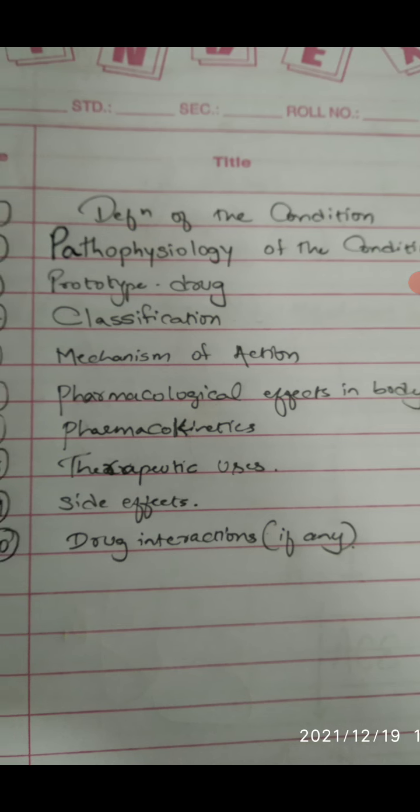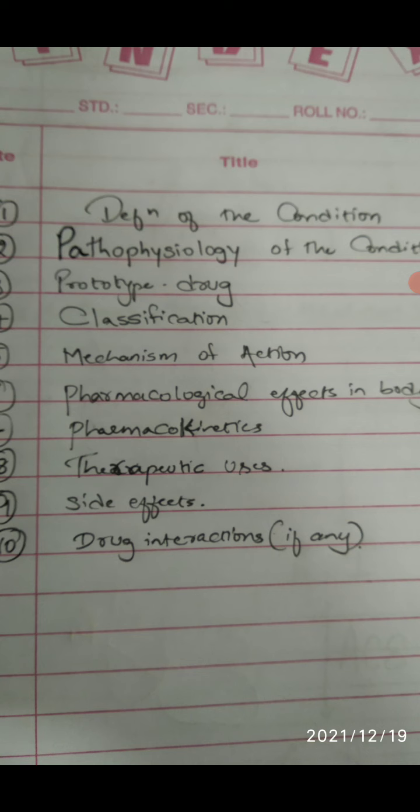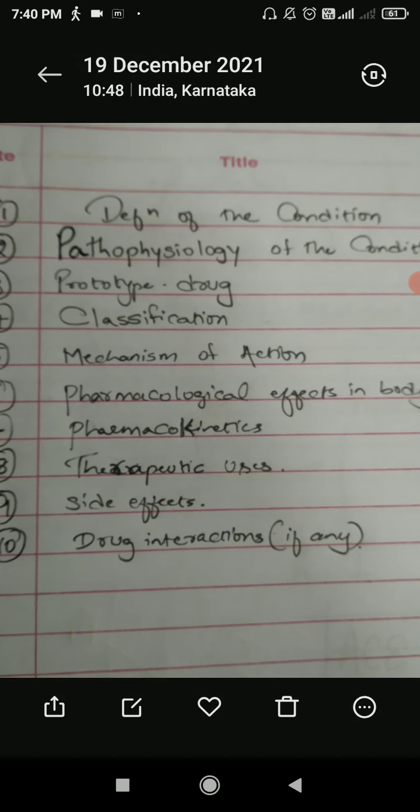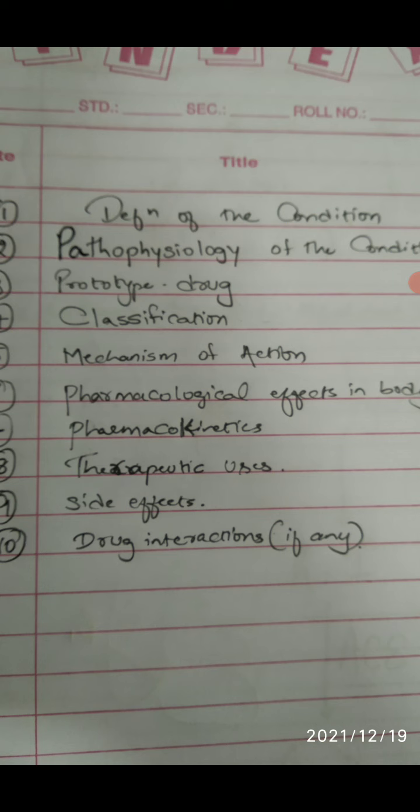Drug interaction: any drug which causes enzyme induction in the liver, for example OCPs, can metabolize these anti-epileptic drugs and eliminate them faster. So in patients who are taking OCPs, oral contraceptive pills, the dosage of the anti-epileptic has to be increased or an alternative has to be found. Otherwise, despite taking the anti-epileptic drug, the person will have an episode of epilepsy or a seizure, because the drugs are metabolized and eliminated faster. So this is one example of how to write the drug whenever the question is asked in pharmacology.